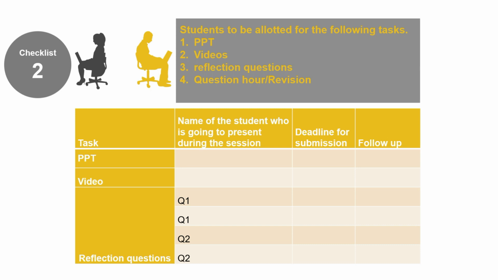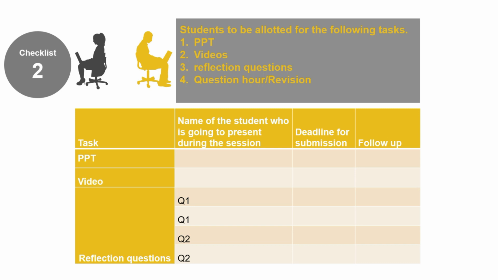Checklist 2. You need some students to be involved in online teaching. The students have to take up the role of the teacher. So you have a topic, you divide the topic into subtopics, and a particular subtopic can be given to a student, and they can prepare some PPT, and instead of you, they can explain that particular subtopic. You can give another subtopic to another student, and they can find a suitable video which will help to explain that particular topic, so that can be included in the presentation.